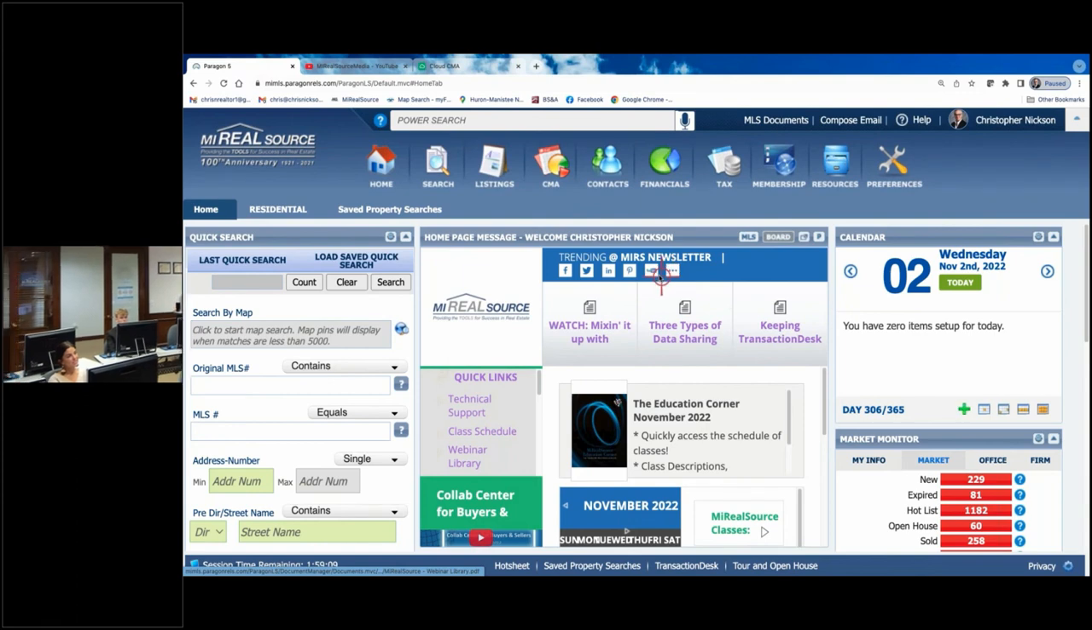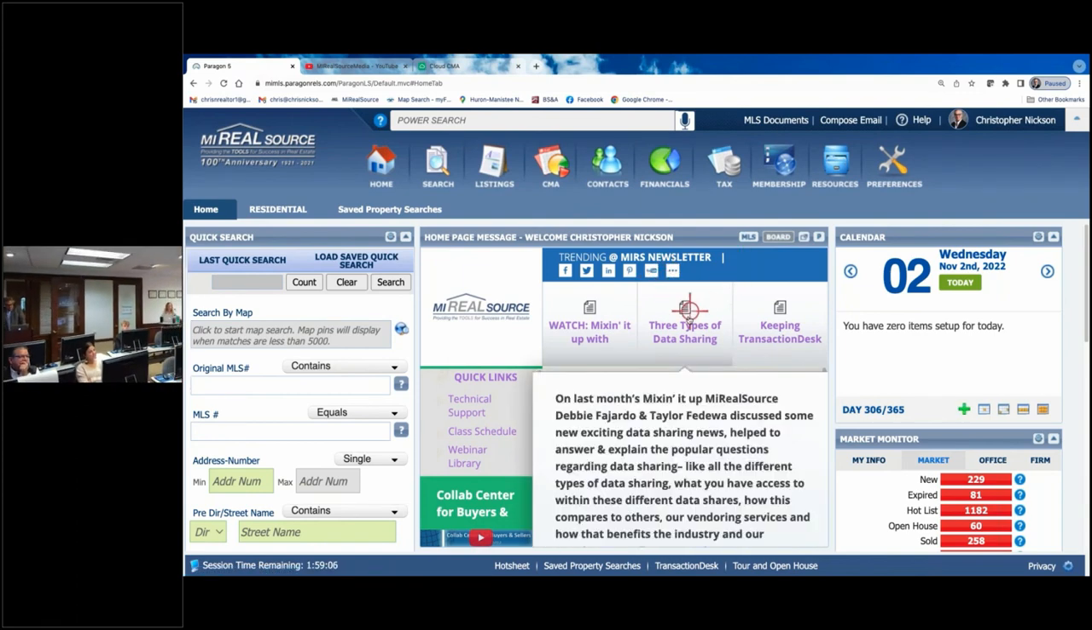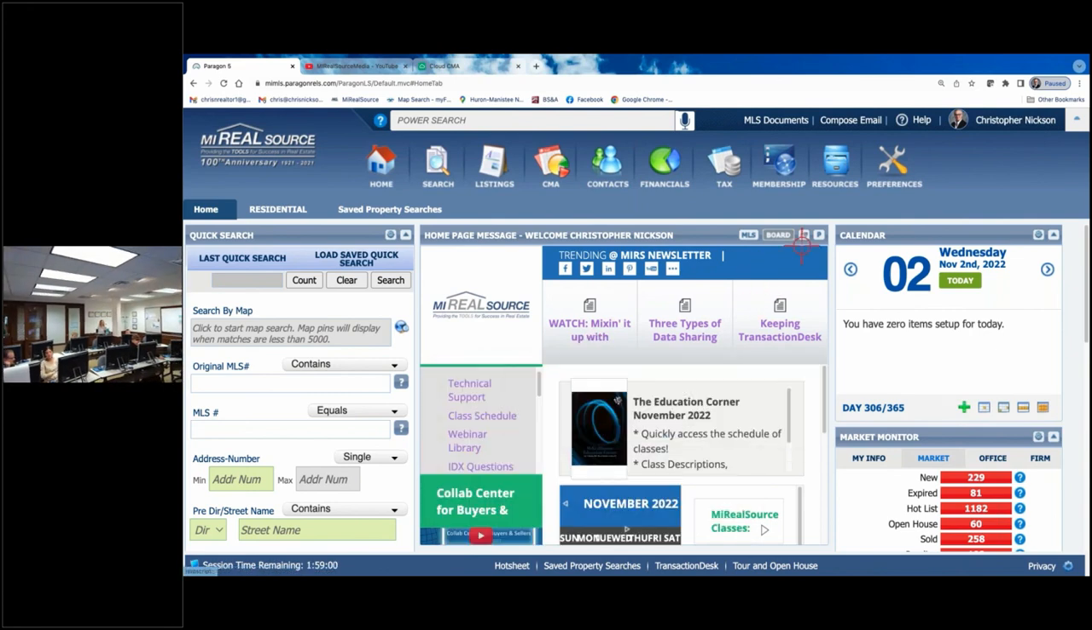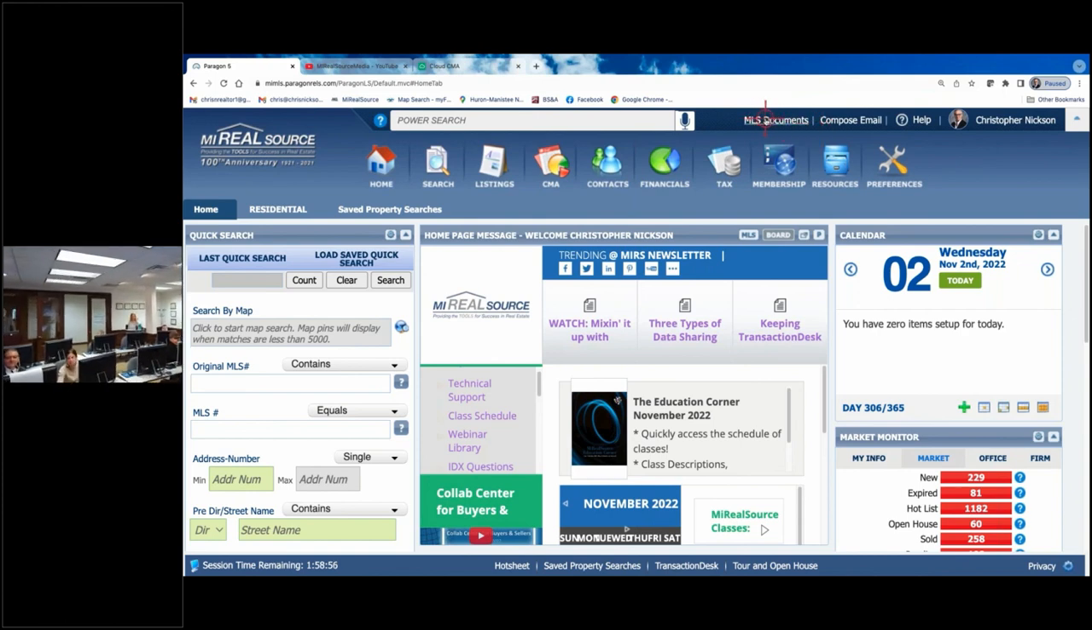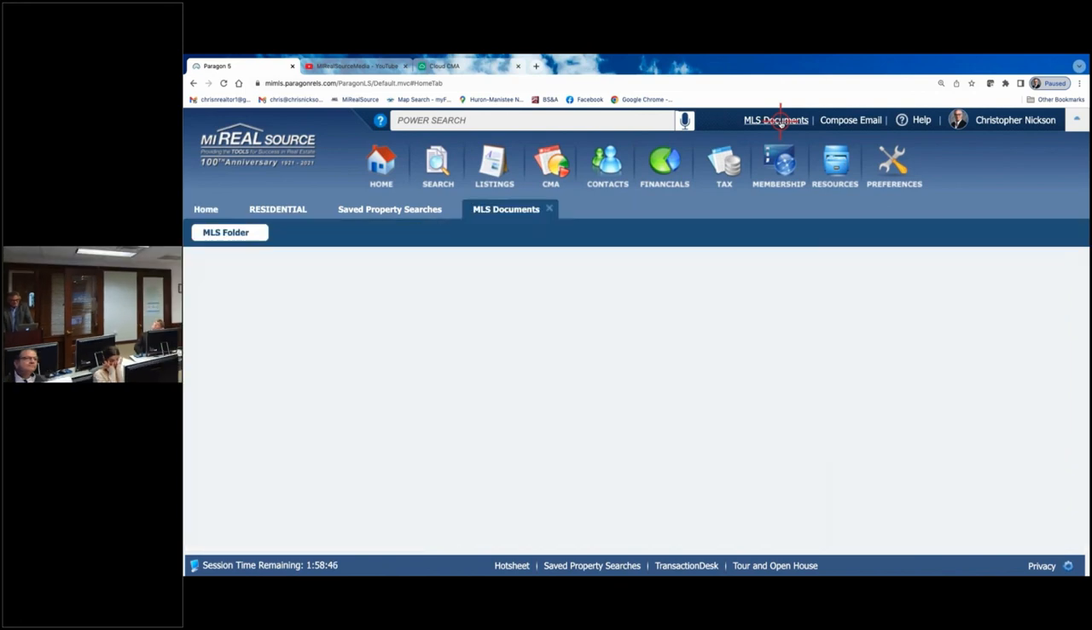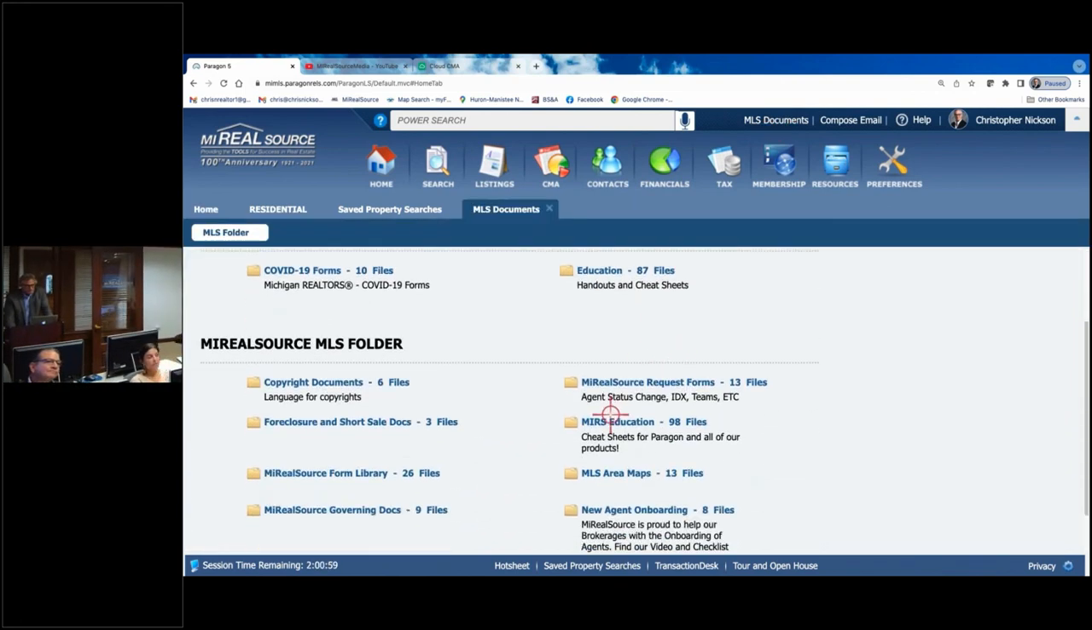Back to our home page, and that's found right here. Of course, our training calendar, quick links over here for technical support, class schedule, items like that. But the other thing is in the upper left, this thinner blue bar, it says MLS documents. That's actually your right, but whatever. Yeah, you're right. The left part of the upper right bar. Damn it, Debbie. You go to MLS documents, and here's where you're going to find the stuff,